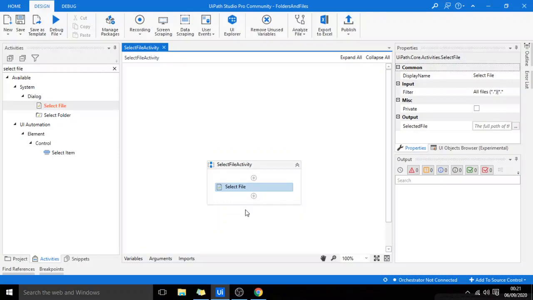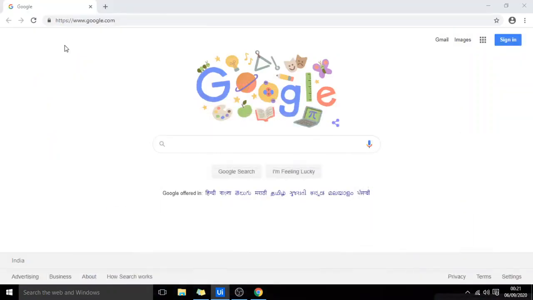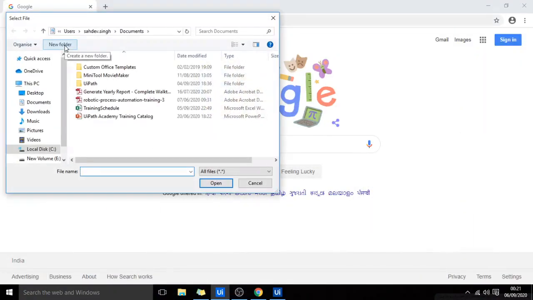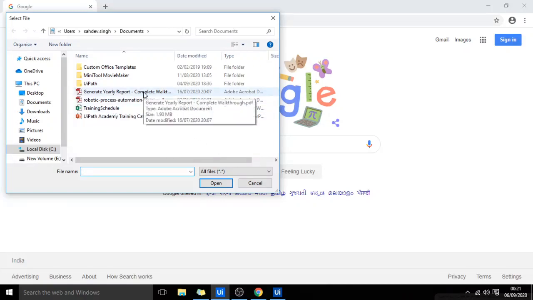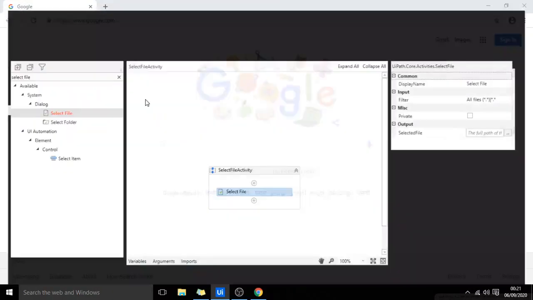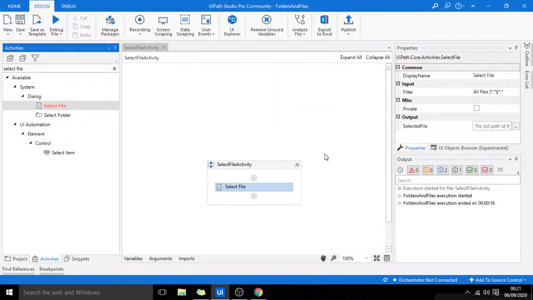I will discuss some of its properties, but before that let me execute this. You can notice it is displaying all types of files to me. It is showing PDF files, Excel files and PPT files also. Let us choose any of them.